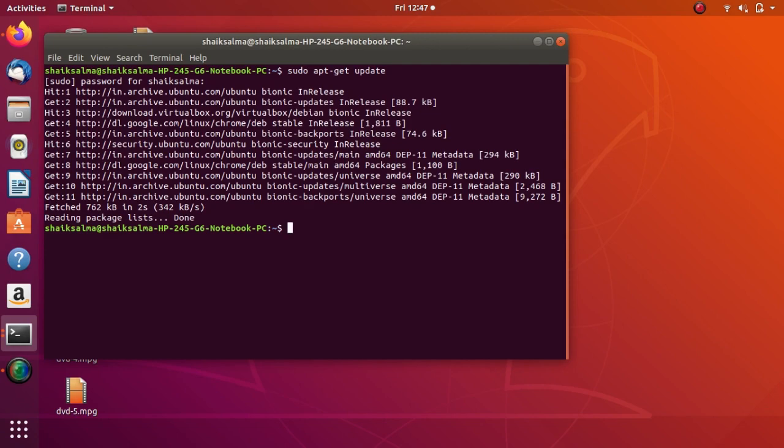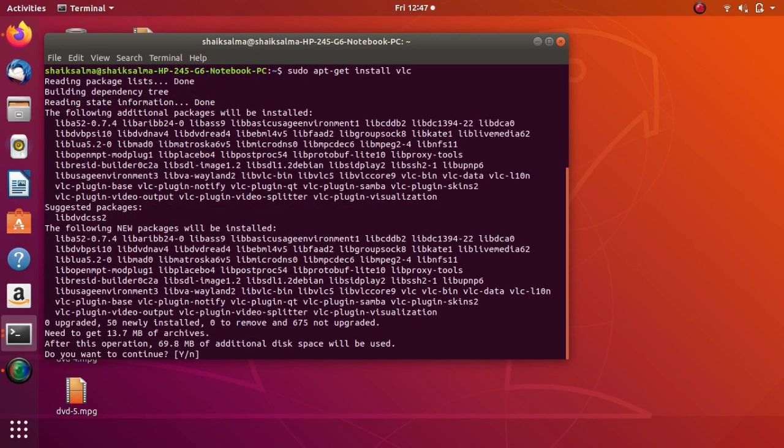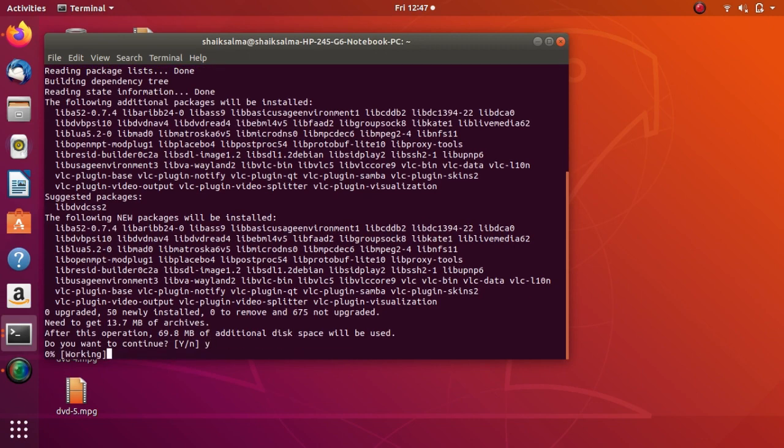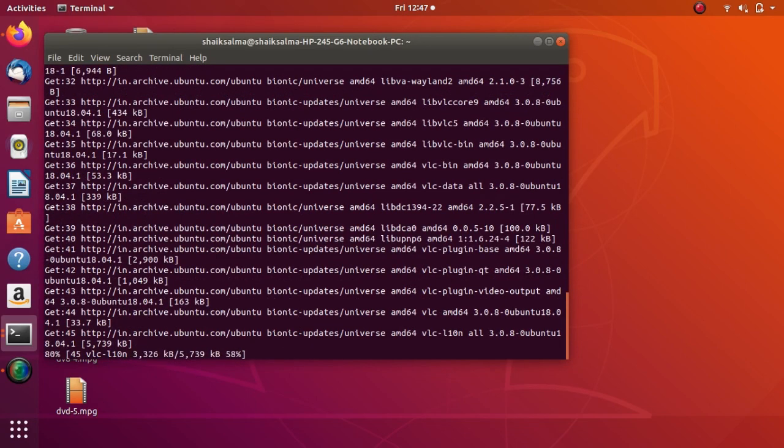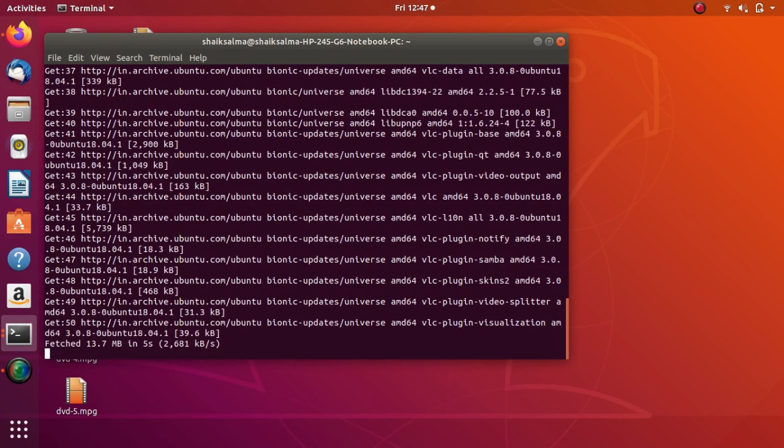After that, install VLC. For that, sudo apt-get install vlc, enter. Here it will ask you to continue the procedure. For that, type Y and enter. If you type N, then it will not install the VLC.